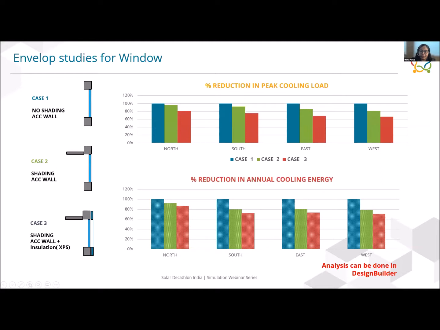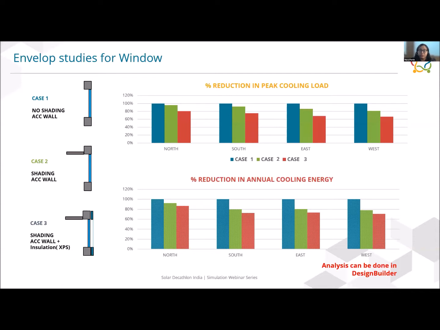Okay, and the graph on the right depicts the percentage reduction in peak cooling load, which is very crucial in designing for HVAC right sizing, system sizing. And the lower graph shows reduction in annual cooling energy. This is peak cooling load, based on which we generally size our systems, and the bottom one is reduction in annual cooling energy. So just for context, I would like to say that cooling energy in a particular